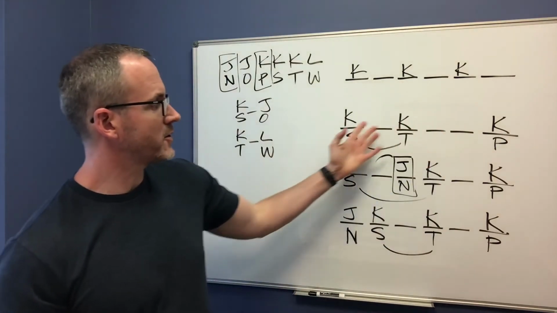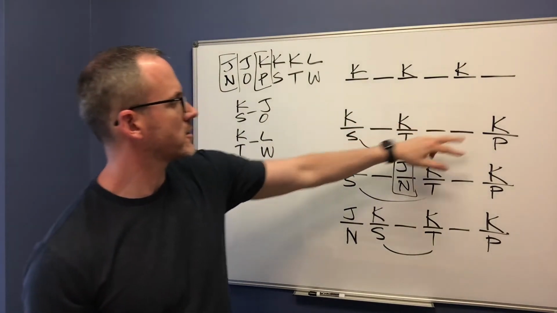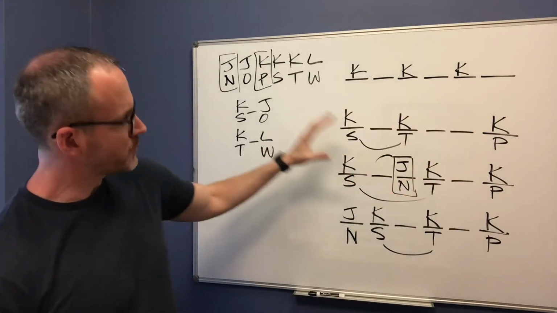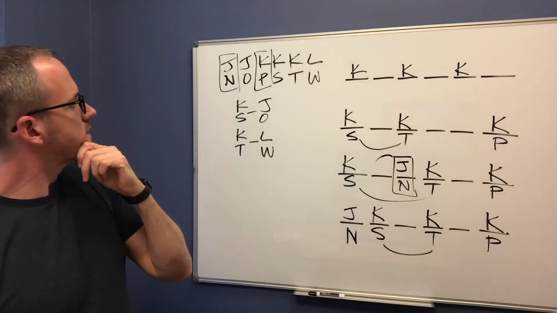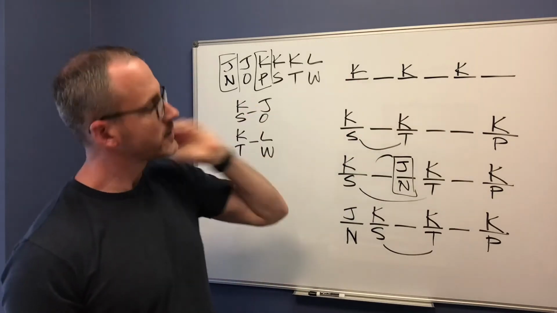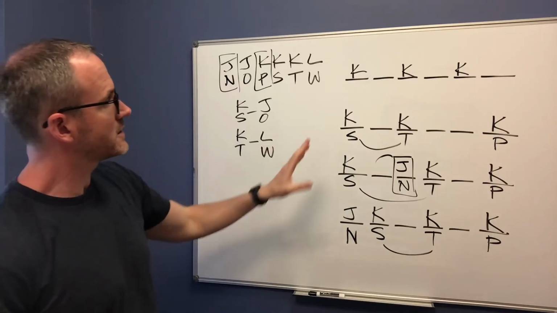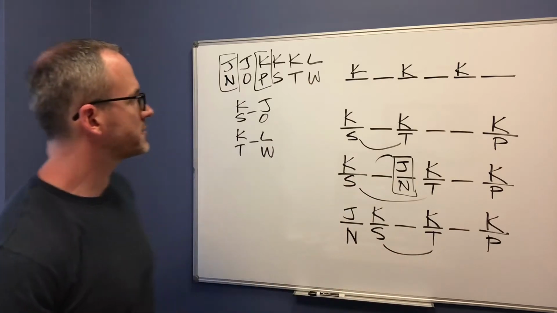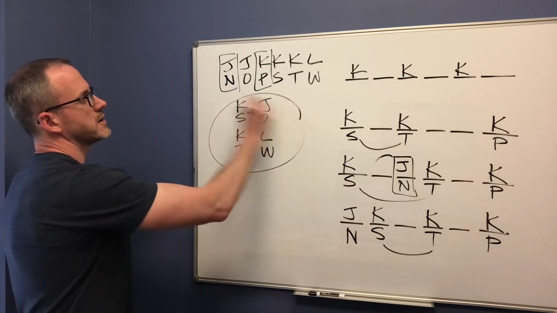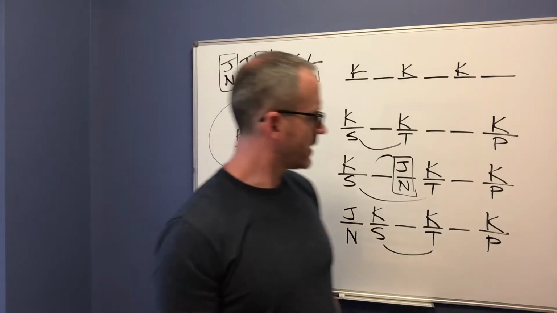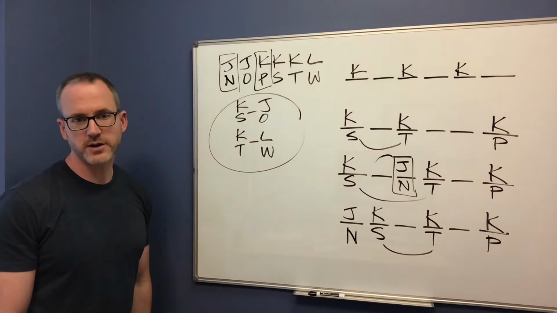In this setup though, it really could go anywhere because I could put it here, here, or here, and I would still have room to put things after the KS and the KT. Up here, wow, there's a lot of flexibility. As long as I can put things after the K, which I can, I should be fine. So I just have to remember these rules. I am going to stop there and just jump into the questions.